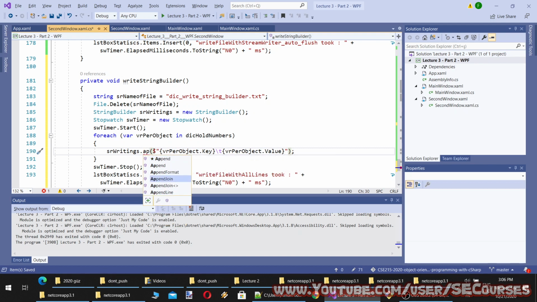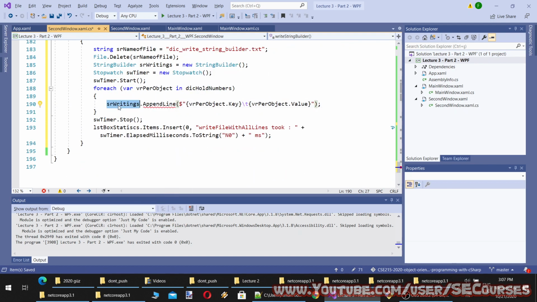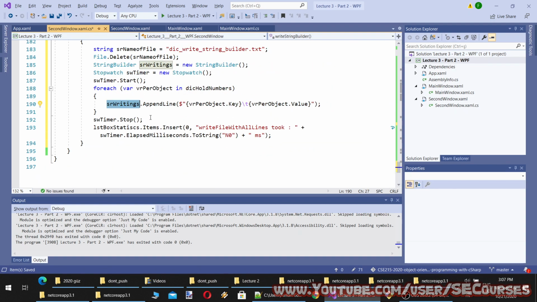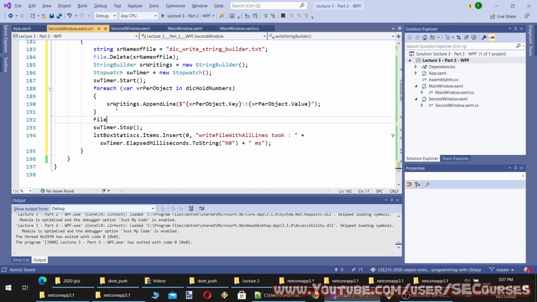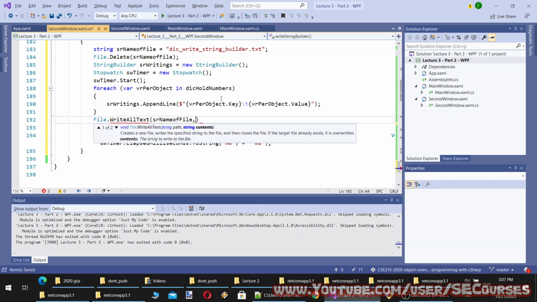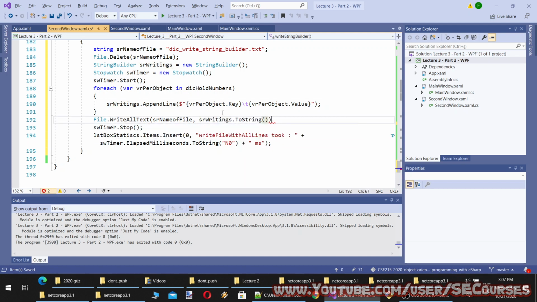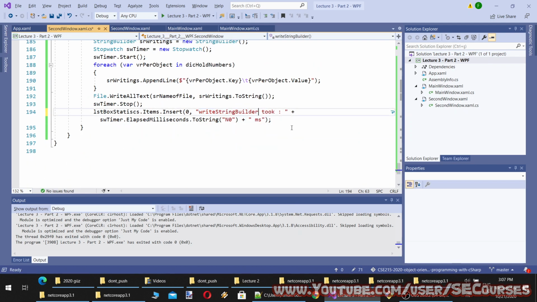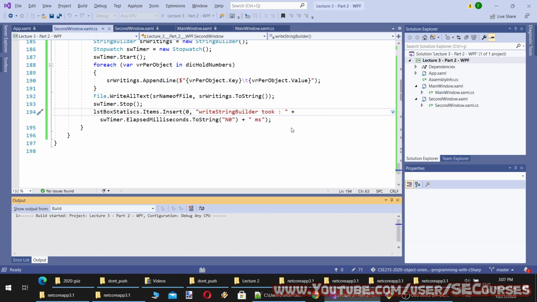Append line. And in this case, we will write it with write all text actually. The path will be this, and the content will be this one. Okay. So simple. Now we have coded everything, and it is time to test our application and see the timings and the behavior.